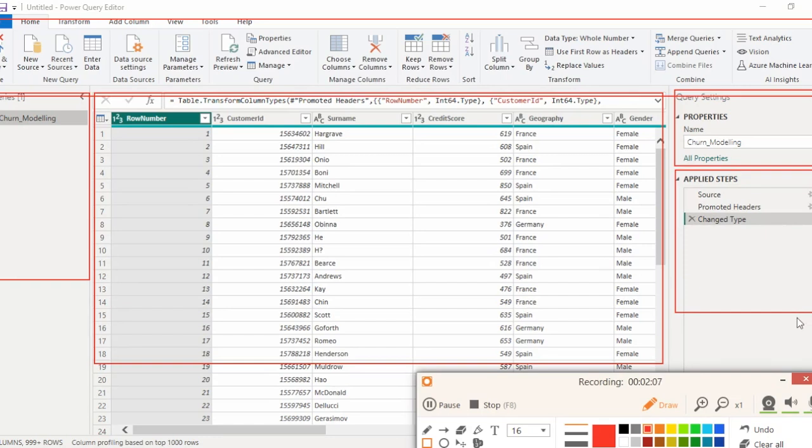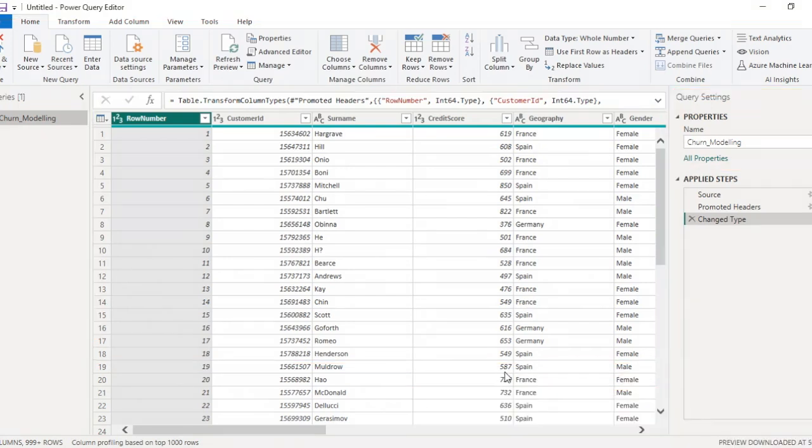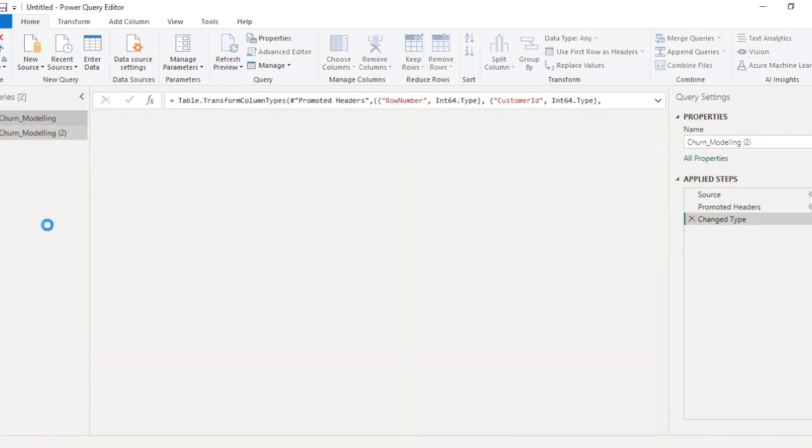We have a lot of things to cover in it. So the first component is the top one, where you can see all the options available over here. Okay, so the left panel is the query panel. So all the queries, let's say you have imported 5 different Excel sheets, so you have 5 different queries. Since we have imported only one file, this churn modeling, we have only one query. Okay, so if you want to duplicate the queries, that's also possible. So like I can duplicate this, so it will create a copy of it,